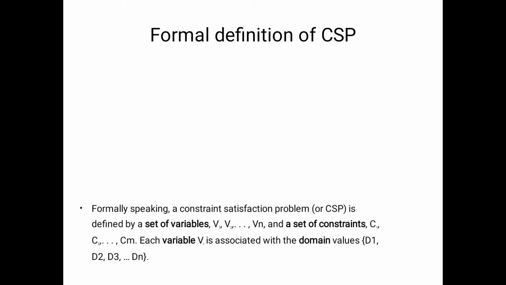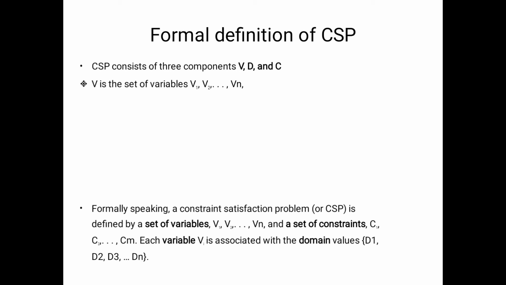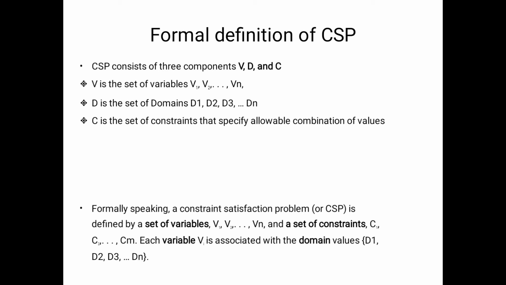Here also it is the same: our aim is that each and every variable is replaced by a suitable domain value. So this is the collection of three components: variables, domains, constraints. What is the meaning of constraint? A constraint is also called a limitation or some terms and conditions. In terms of the constraint satisfaction problem, a constraint is a pair of scope and relation.